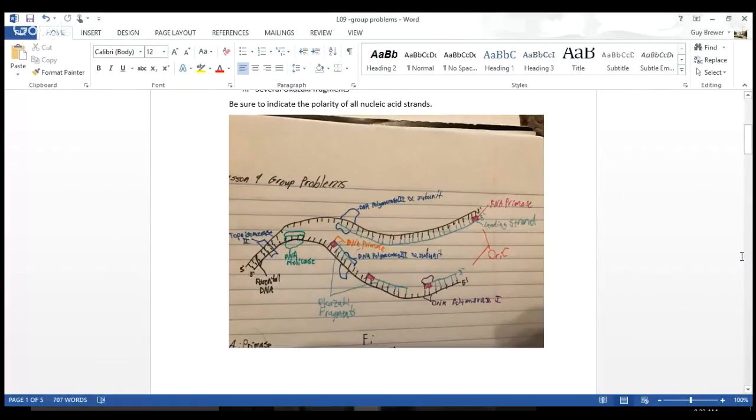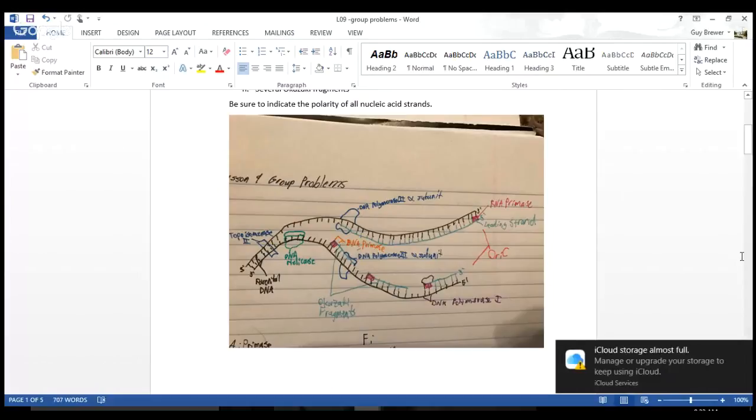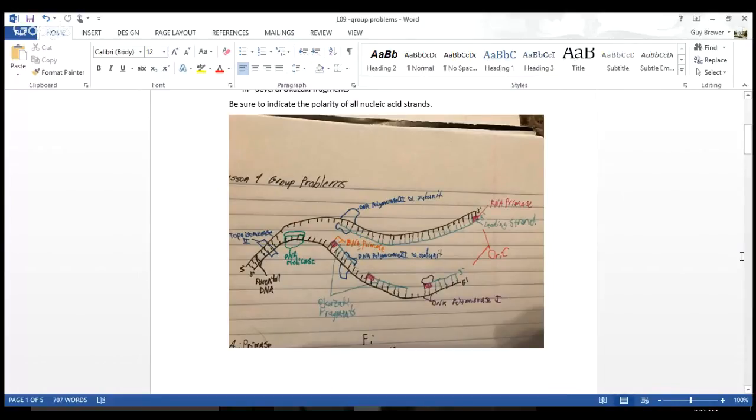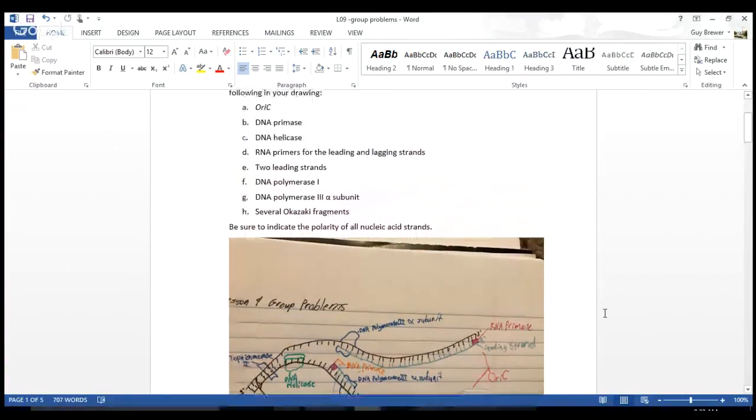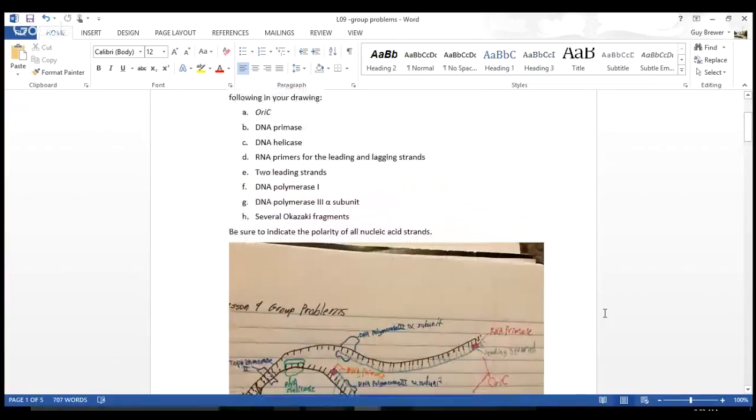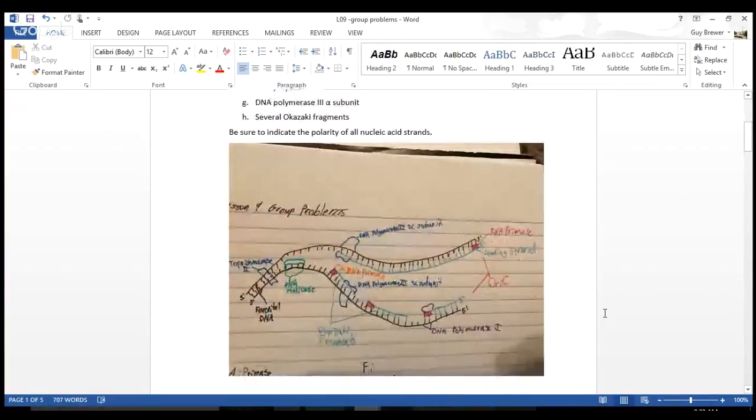All right, everyone. These are the lesson 9 group problems. You can see here number 1. You can see all the things that were required. We have here the origin. Sorry, and then this is actually cut in half. So you can see here there's the leading strand, and it'll continue on the other side as a lagging strand. And then on the bottom here has the lagging strand, and continuing to the other side would be the leading